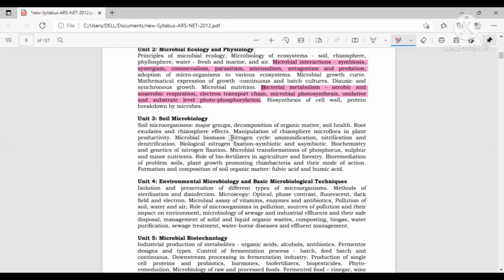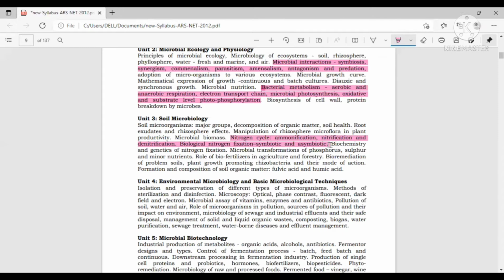And you have to focus more, or you start your preparation with the nitrogen cycle. Each and every step of the nitrogen cycle, especially biological nitrogen fixation, its overall reaction, the enzyme participating and the microorganism participating in the reaction. So everything requires an advanced reference. So you always start your preparation on the nitrogen cycle topic with a textbook like Brock Biology of Microorganisms.